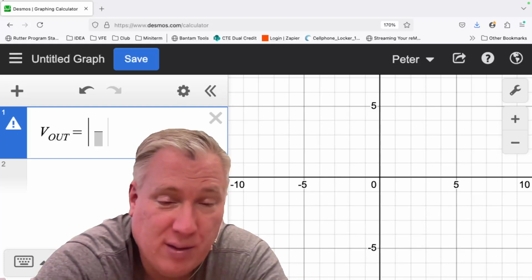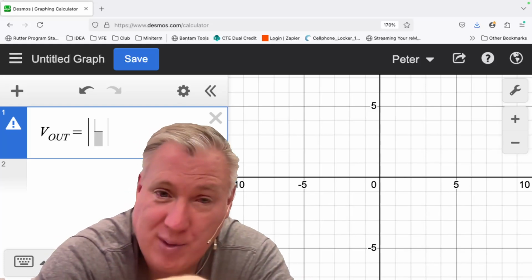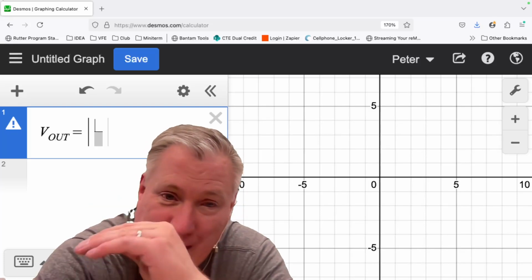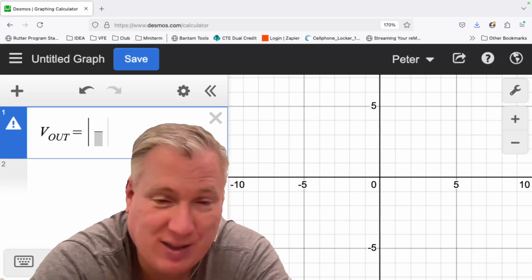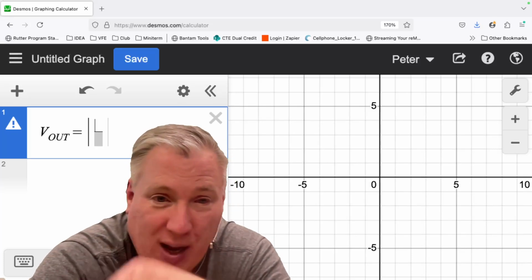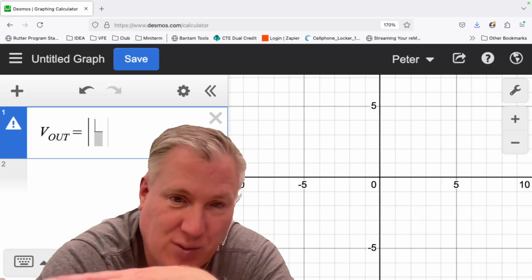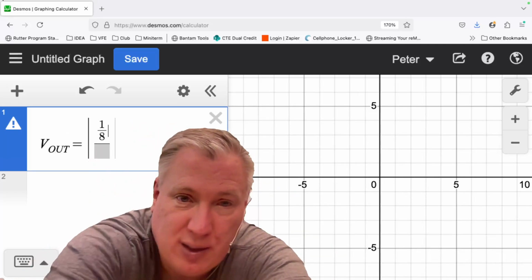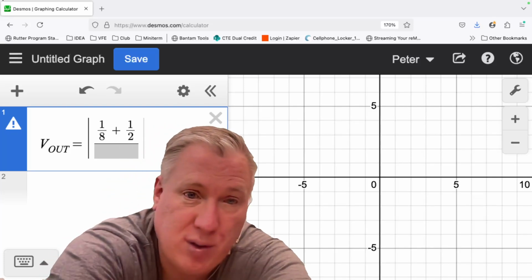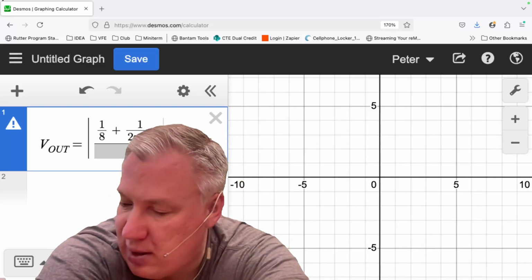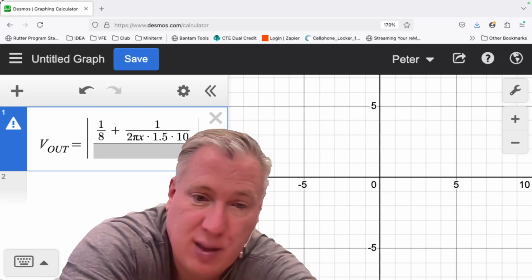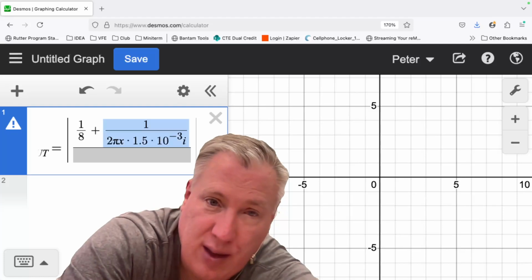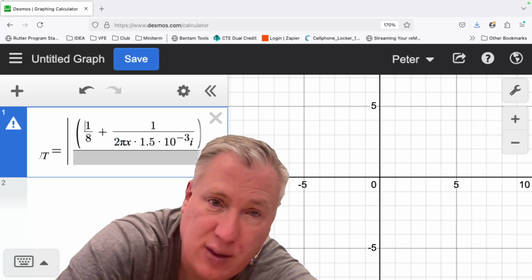Now, a reminder, we've done this before, we can't type the letter F in for frequency, we have to use the letter X for it to graph. And we can't type the letter J in, it doesn't know what to do with J, I need to type the letter I for the imaginary number. So those two changes, but otherwise I'm just copying my equation here. So I got 1 over 8 plus 1 over 2 pi x times 1.5 times 10 to the negative third I instead of j,